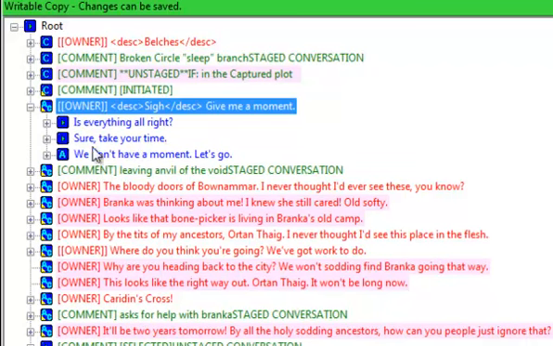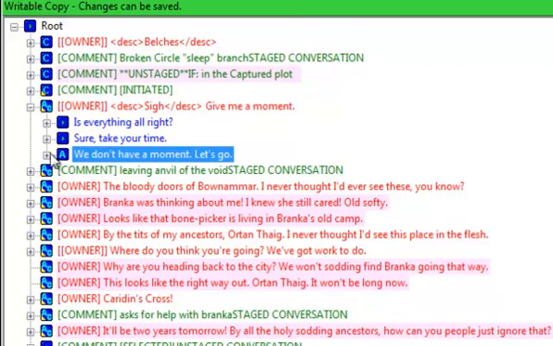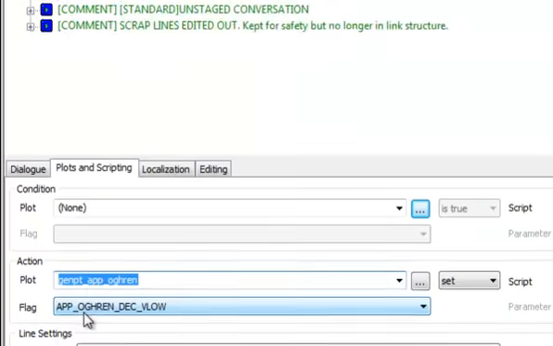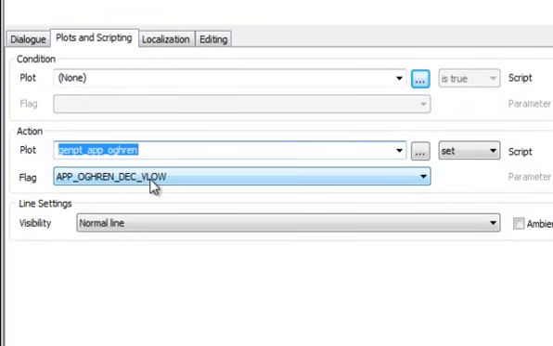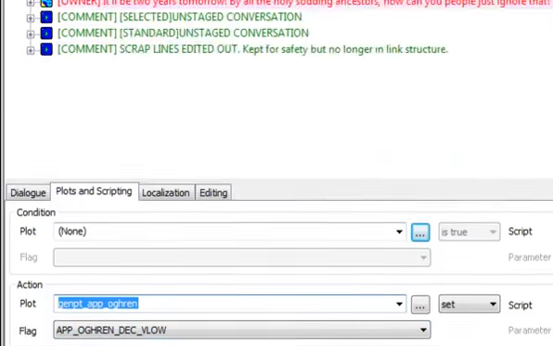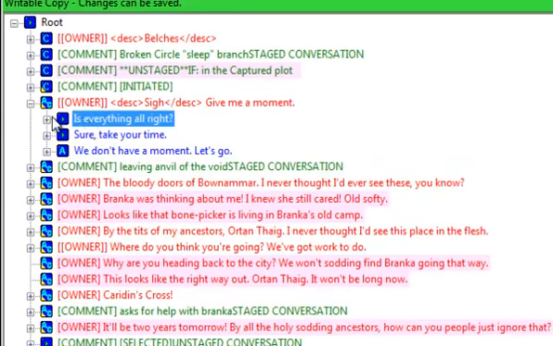And this one that has an action, if you say, we don't have a moment, let's go, it sets it so the action has him disapproving of what you say, and you lose a little bit of approval with him. So approval for Ogren is decreased by a very low amount. So if we say, is everything alright,